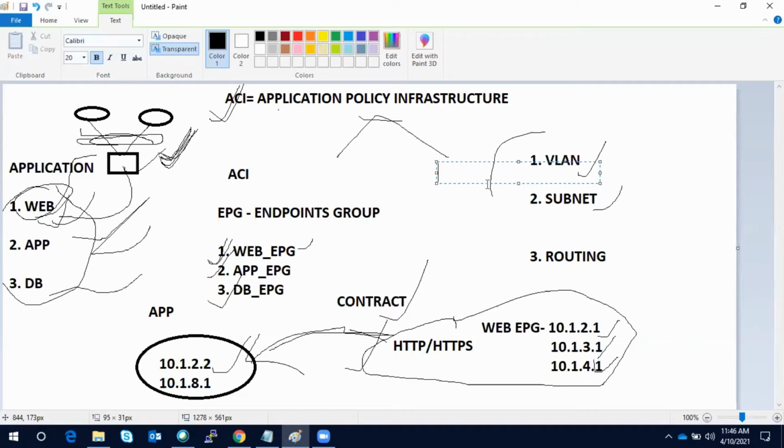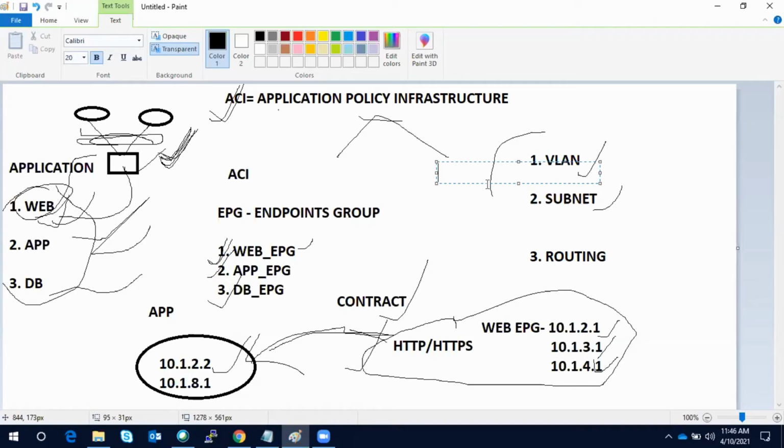In many organizations you will see that people are configuring network centric because we are more comfortable doing that. We understand more about VLAN, subnet, and routing rather than the grouping of endpoints based on attributes, not on the subnet.